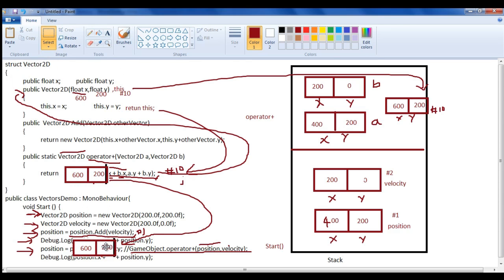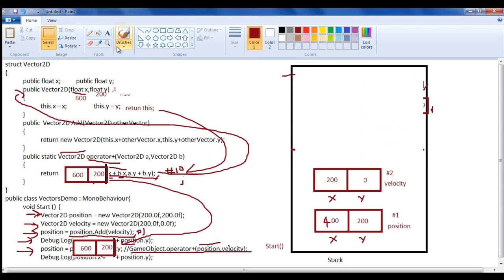Then you can see that on the left hand side you have a value type, on the right hand side you have a value type. As we have come out of these methods, we are not having the constructor on top of the stack. There is no constructor on top of the stack. We are not having the operator plus method on top of the stack. Then what happens? One by one the values will be copied to the left hand side.